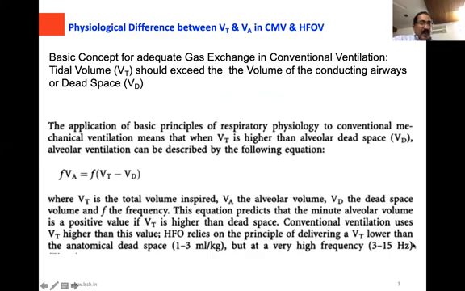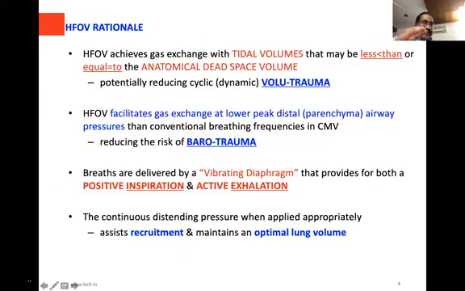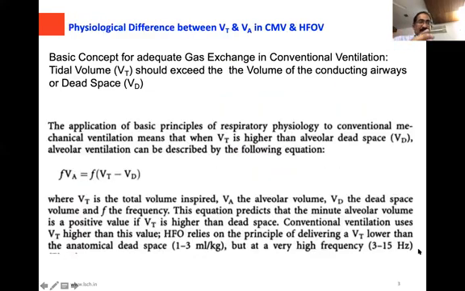So the basic concept for adequate gas exchange in conventional ventilation, we all think, is that the tidal volume should exceed the volume of the dead space or the conducting airways. So that's the usual thing that you see in conventional ventilation. The application of this basic principle of respiratory physiology in conventional mechanical ventilation means that the tidal volume,